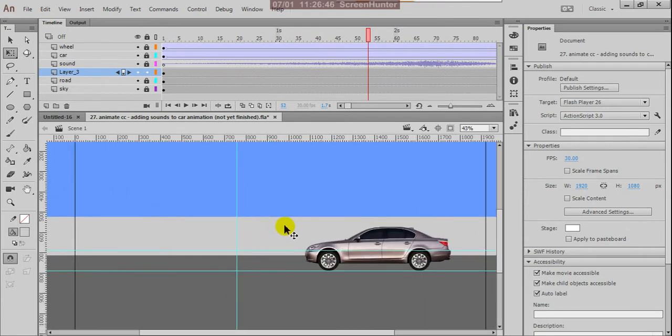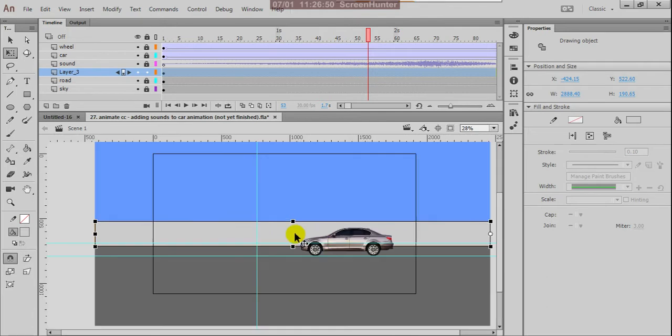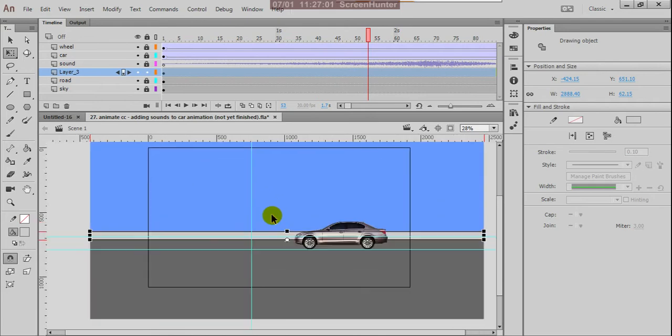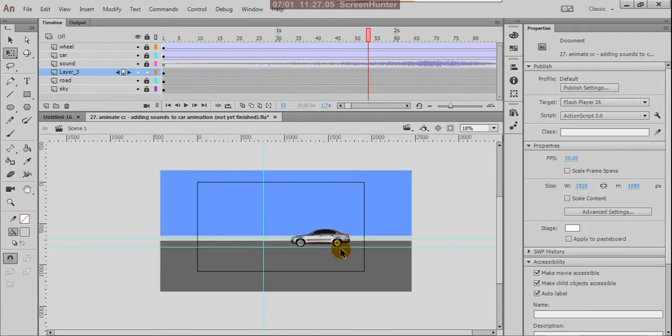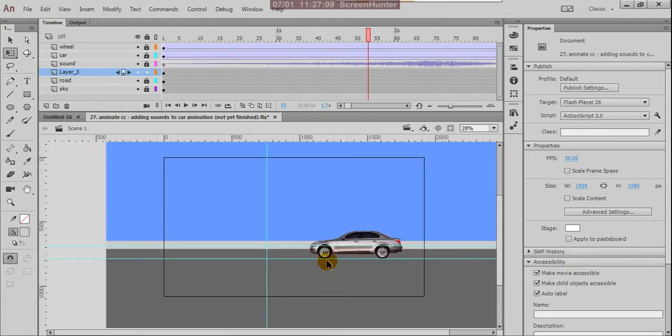Now I'll reduce this footpath size. It must be smaller, because we are watching it from a distance.